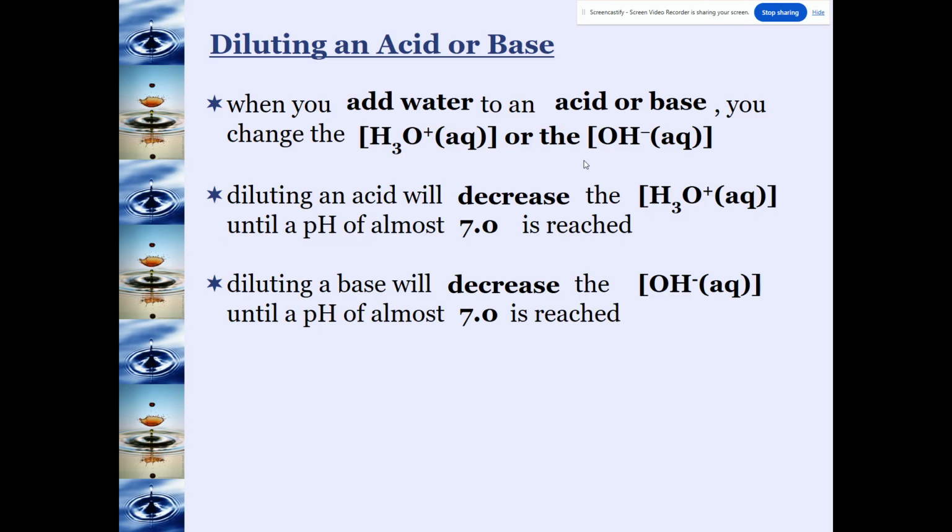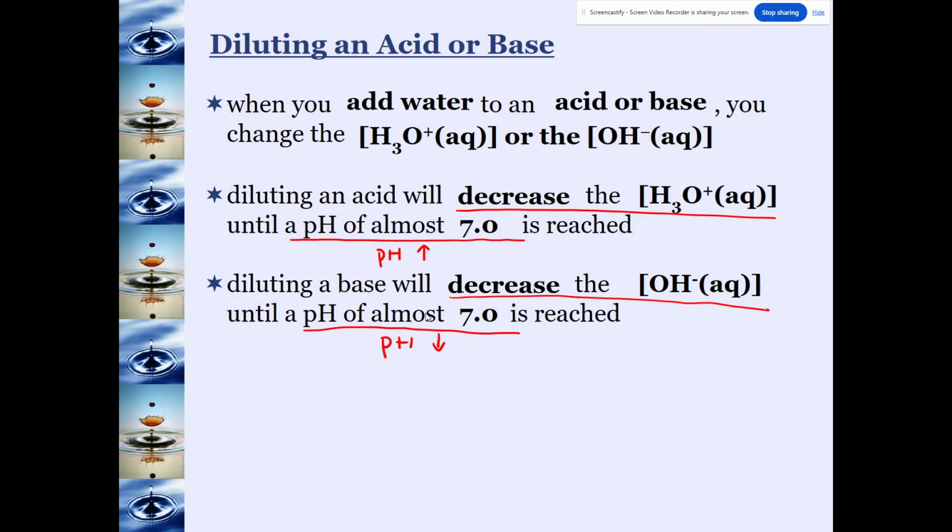Dilution is another form of neutralization, and we talked about that during acid or base spills. When you add water, you are decreasing the concentration of the ions, and the pH is then going to change and go towards a neutral value. So an acid's pH is going to go up until you get to 7 if you add enough water. A base's pH is going to go down until you get to, again, 7 if you add enough water. Okay, so you are decreasing the ions in your solution, which obviously is going to change the pH because it's